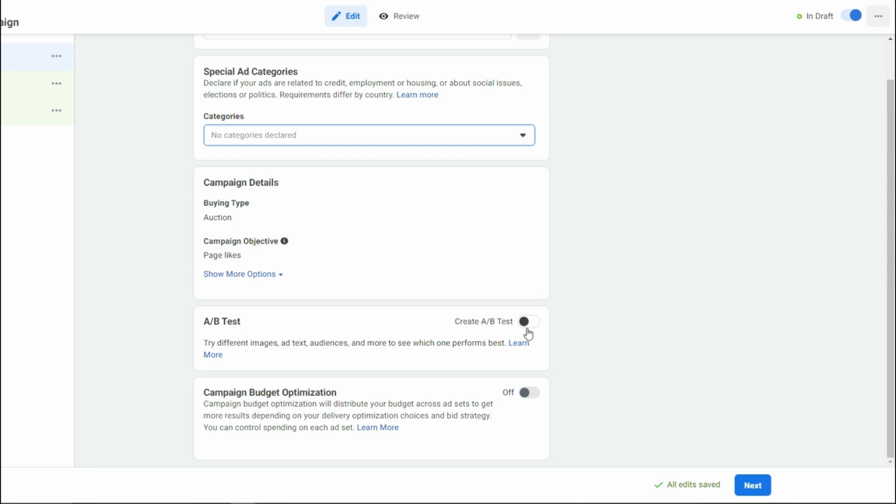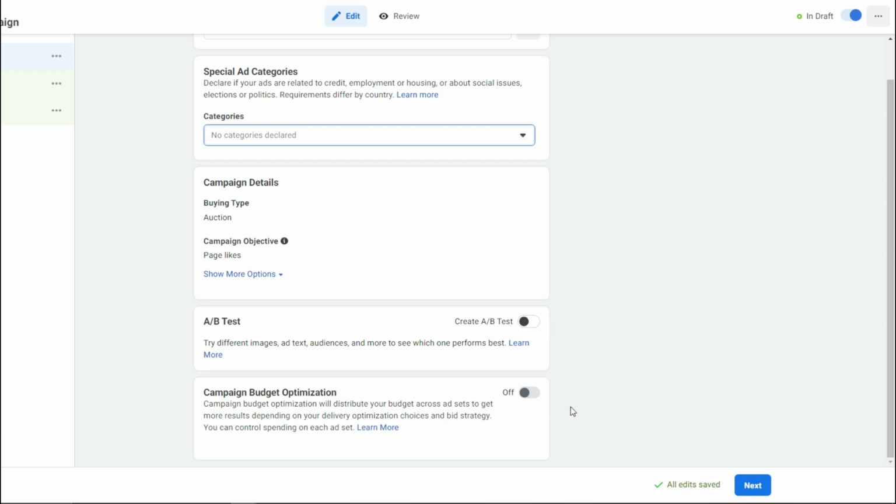And if you want to create an A/B test, meaning that you set up multiple ads to see which ones work best, I usually don't do this. What I like to do is manually replicate multiple ads within my campaign so I can see them myself and apply very small budgets. And over time, I will remove the ones that are not working and keep the ones that are working. So I'm not going to turn on A/B tests or the